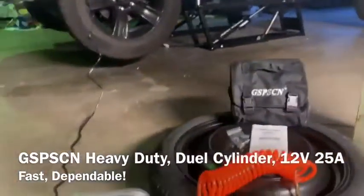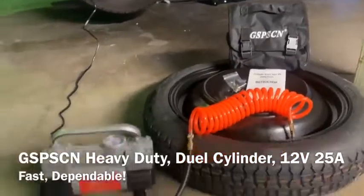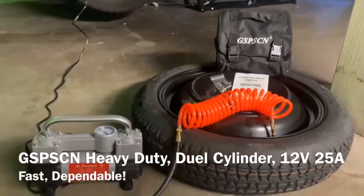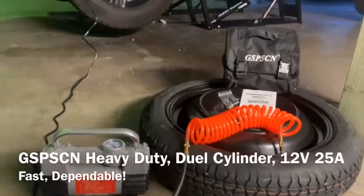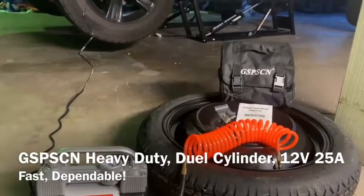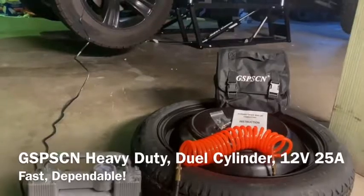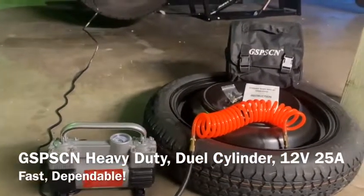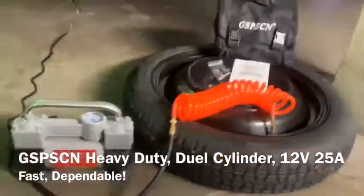I use them for my fleet vehicles, backing up our delivery service out and around the road for emergencies. Anyways, like I said, it's a 12-volt air compressor, dual cylinders, 20 amp, comes with